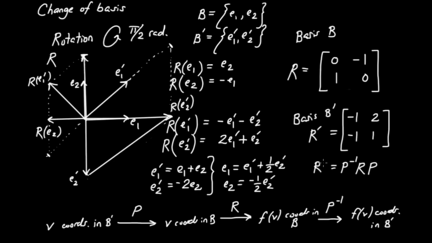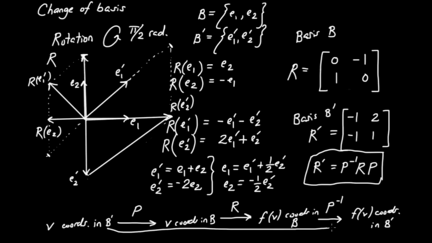And this, I claim, is going to be the matrix R prime. The only thing that's really left to do is to take a look at what this matrix P is, and from that we may compute its inverse as well. But this is going to be the central formula that you're going to see when you talk about the topic of change of basis. And also on this diagram that I've drawn below, make sure you take note of what the composite action is when we go from here directly to there, which is going to be precisely